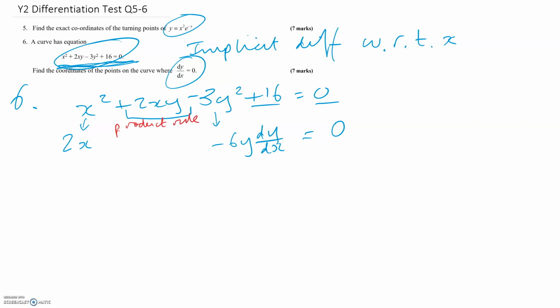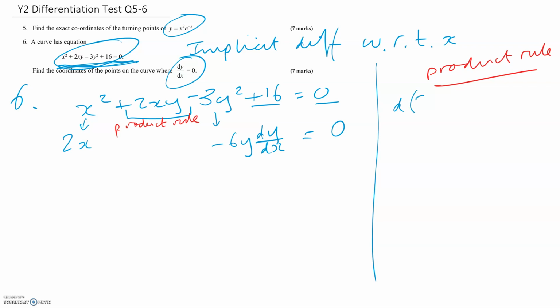Okay, so let's do that over here. Let's do the product rule over here. We want to differentiate 2xy with respect to x. So let's let 2x equal u, let y